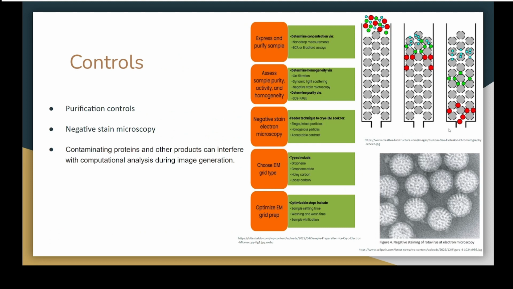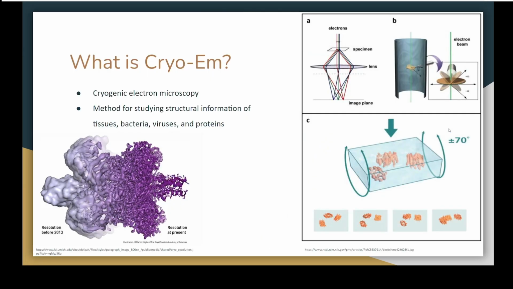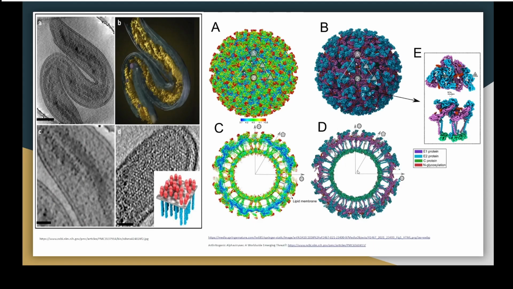So, controls. One of the problems, one of the limitations, I should say, with Cryo-EM is that your sample has to be super pure. If I go back here for a second, this I said is a glass-like substance, and it's important that it's glass-like. If you have imperfections here and ice crystals, that's really going to mess with the imaging software, because you're trying to take these composite images, and if you have ice shards in there and you can't see, it's going to really screw that up. So it's super important that your sample is pure,